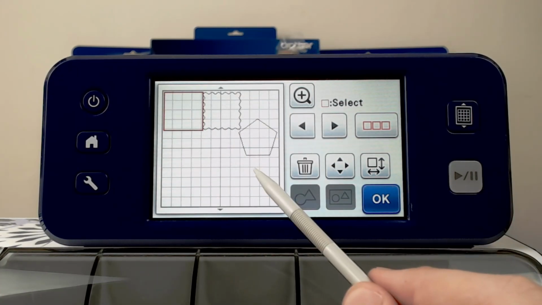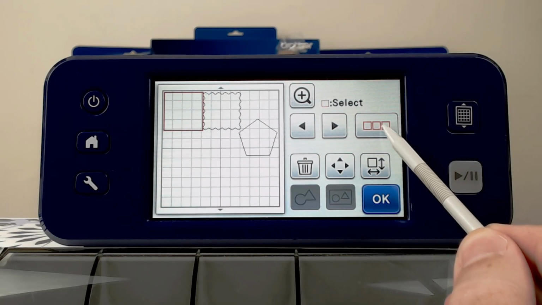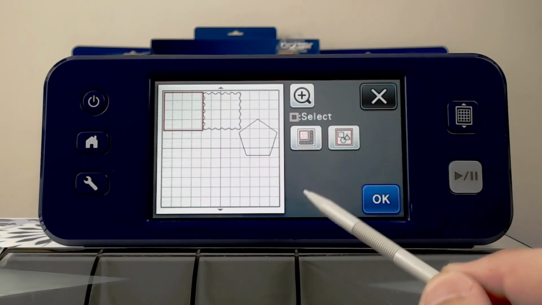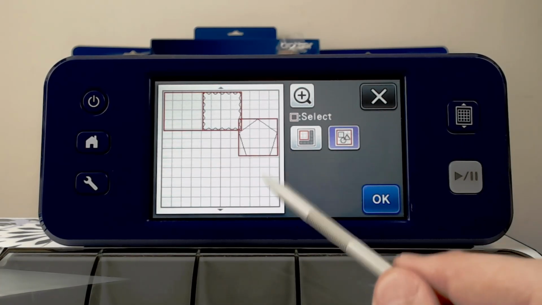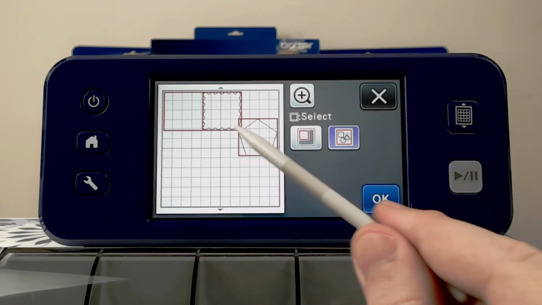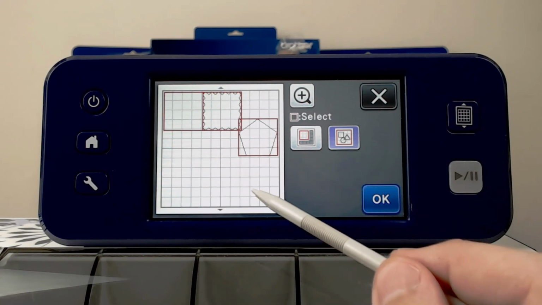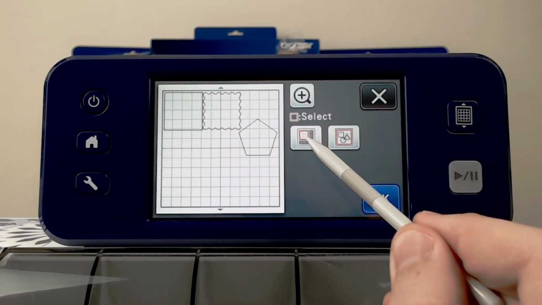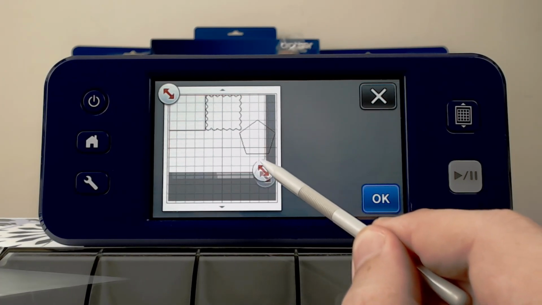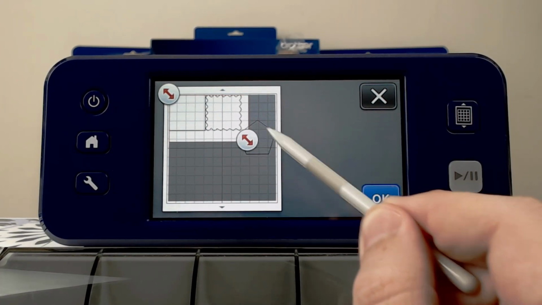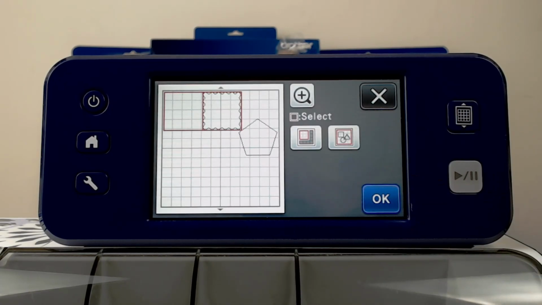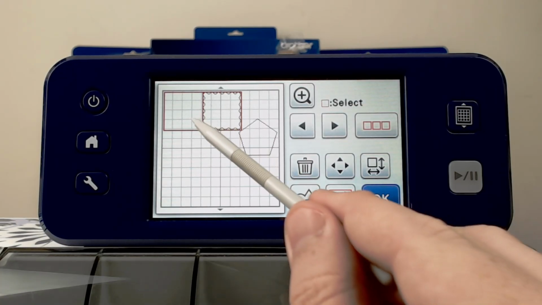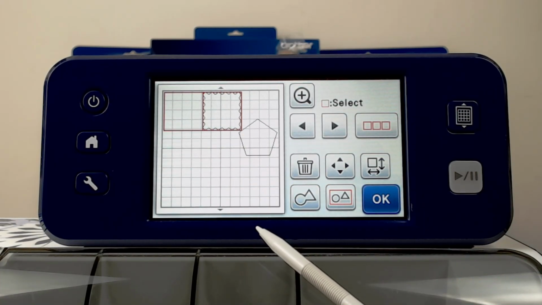If I want to quickly highlight everything that's on the mat, I have this icon here which presents me with two additional options. I can either tap this one to select everything on screen, and you can see how all of them now have a red bounding box around, or I can use the partial select tool to crop out maybe one or more of the other shapes and only select two of the designs. So you can see, very quick and simple to select various different elements that are now on the mat,